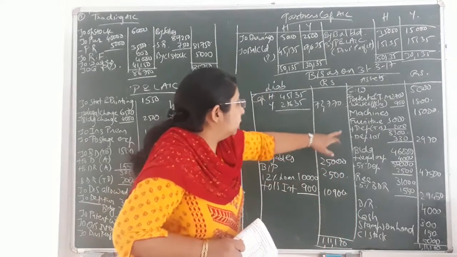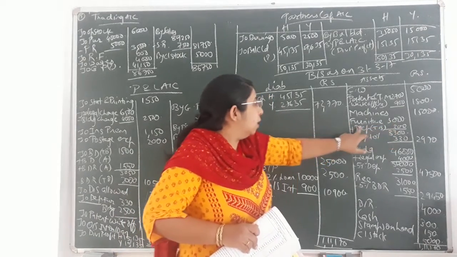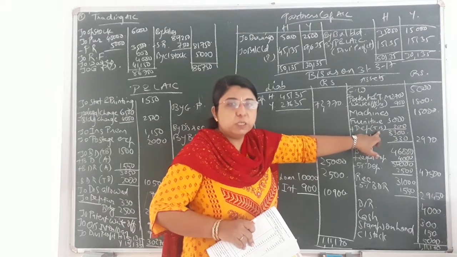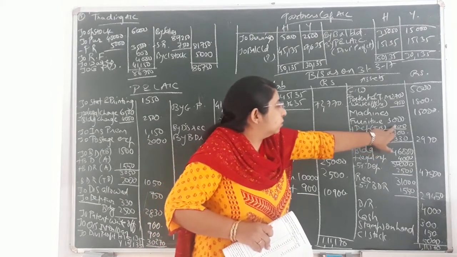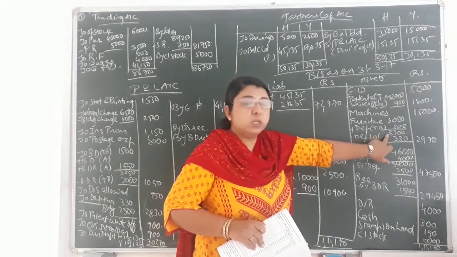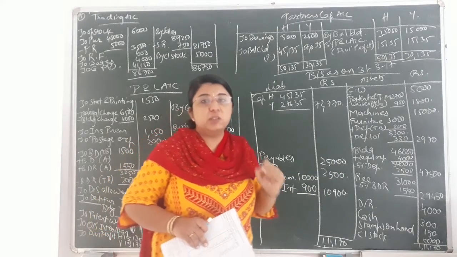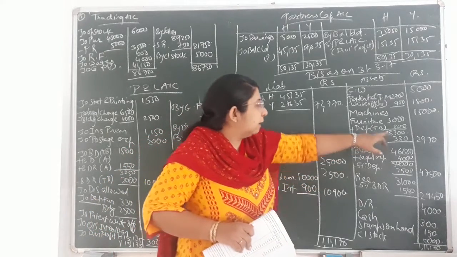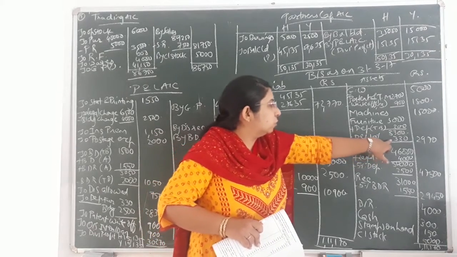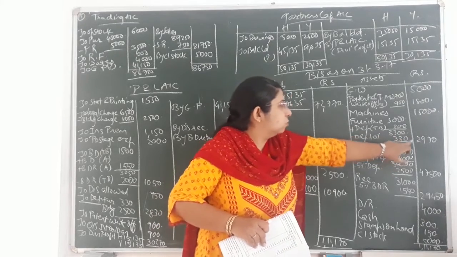So you can see on the asset side, furniture, which I have written in the inner column, that is 3,000 plus whatever the depreciation of trial balance. I have written in short form TB, meaning trial balance, that is 300 given to you, that I have added. So the total came to 3,300. Now on that, whatever the adjustment effect, that is 10% depreciation, I will count on 3,300. So 10% depreciation on 3,300 would come to 330. So in the outer column, after subtracting these two values, I have written